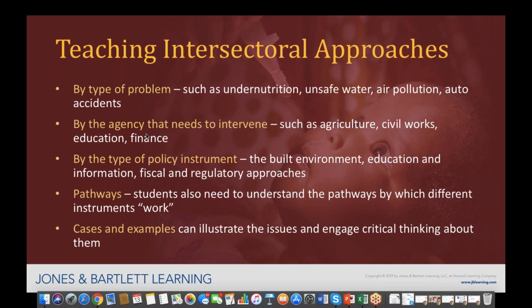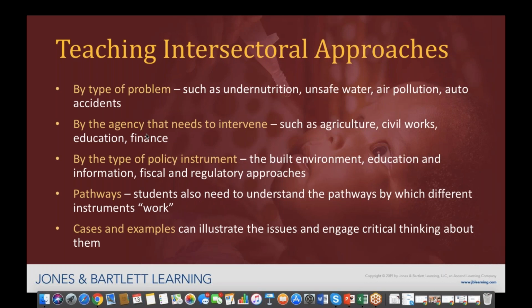Let's talk today, for example, about undernutrition. We understand that a lot of the problem of undernutrition in low and middle income countries may have to do with people not having enough money to buy a healthy market basket of food. It may have to do with a lack of knowledge of appropriate caring and feeding practices. But once we scratch the surface, we also certainly understand that a lot of this has to do, for example, with how much the government cares about its marginalized people and the programs available to them.